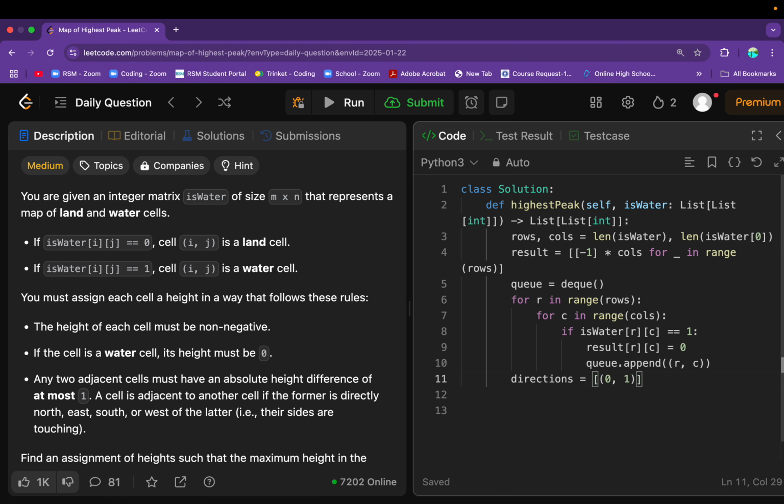We're going to have 0, 1 as our initial direction. We're also going to have 1, 0 for our second direction. Then we're going to have 0, -1, and you guessed it, -1, 0, sorry. Right? These are literally just the 4 different directions that we can go. It's a list of direction vectors, rather, to explore the 4 possible neighbors of every single cell during that BFS